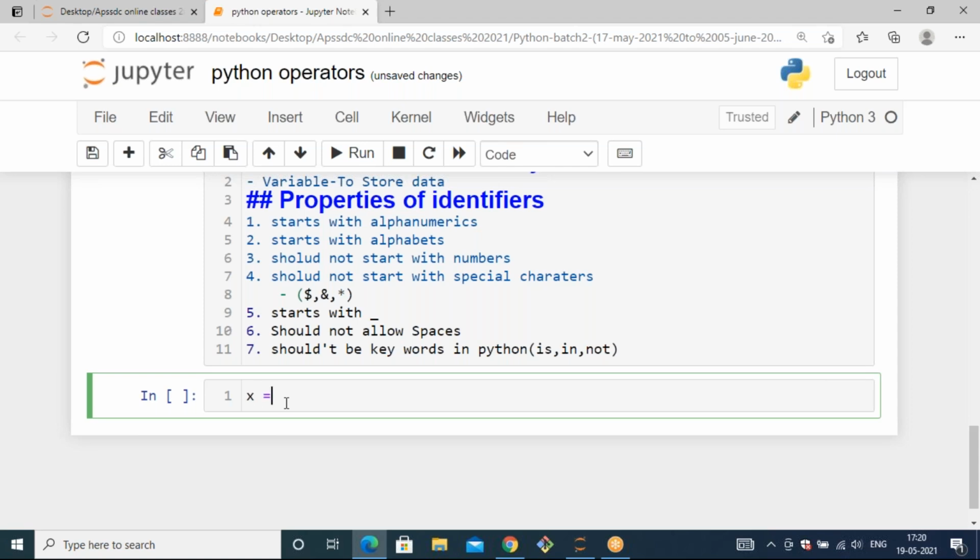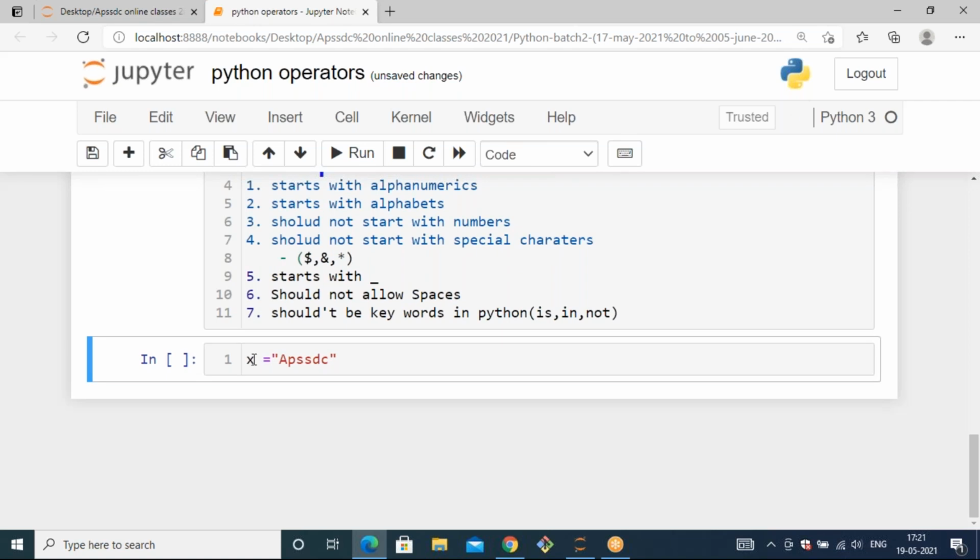I can store a kind of data like a string. So in Python, you can create a variable by storing the data like a string, which means you need to pass double quotes or single quotes. Okay, I'm just passing double quotes like APSSDC.